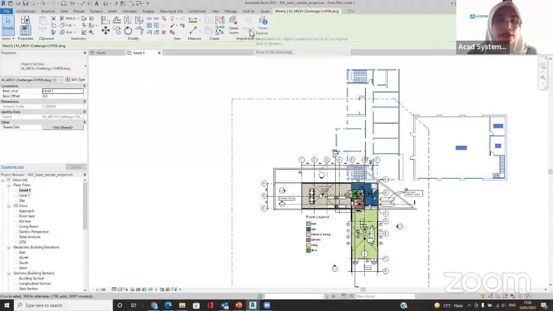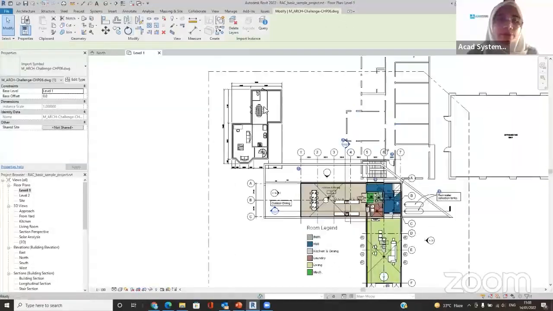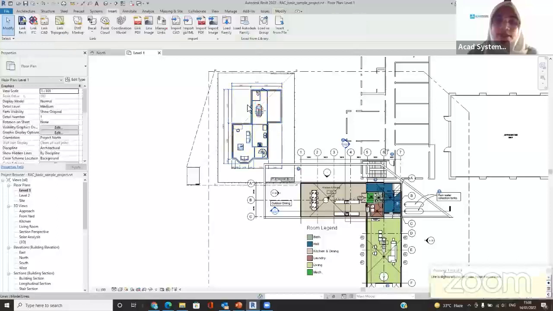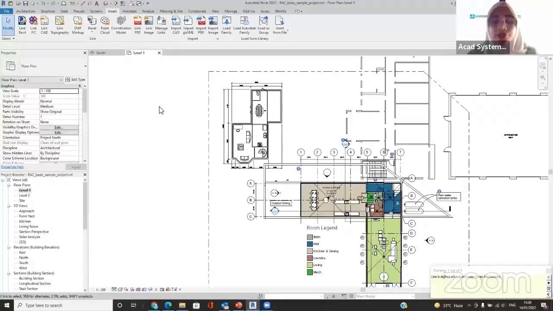okay, you see that for the linked CAD file, we cannot explode them. For the one that I have imported just now, I can click on explode. I have partial explode, I have the full explode. This is fine if I have a very small project, but you see that it takes a lot of time, there are a lot of warnings, and at the end of the day, it can cause a lot of issues on your Revit performance, because it's too big with all those line styles and line patterns that have to be stored inside Revit. So never use that